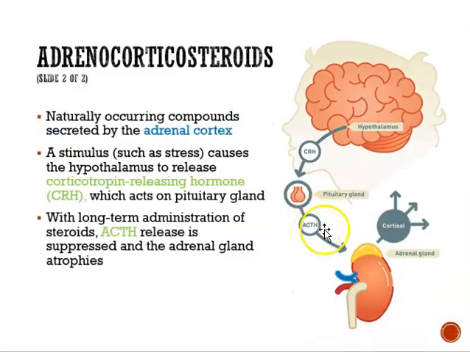Once this hormone is released, it then goes to the adrenal gland, and then the adrenal gland releases cortisol. Cortisol is like the stress hormone. When we're stressed, cortisol gets released. So there is a process that happens. Again, when you're stressed, the hypothalamus senses it and is going to release the CRH hormone. The CRH hormone goes to the pituitary gland. The pituitary gland releases the ACTH hormone. The ACTH hormone then goes to the adrenal gland, which is right on top of the kidney. Again, it's a gland that makes hormones, which releases cortisol. And so cortisol is essentially the main hormone that gets released when stressed.